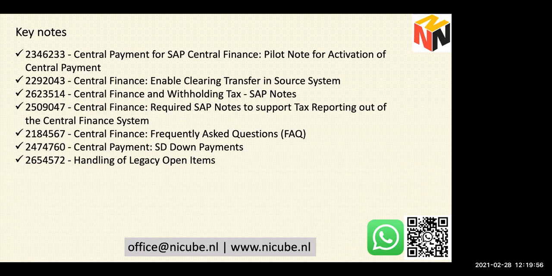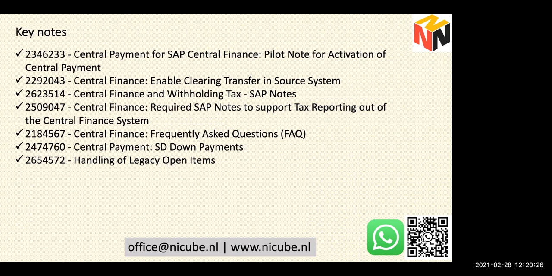Central payment for a company code, once activated, cannot be deactivated. I'll repeat again. Once activated for one company code, you cannot deactivate that. There is no look back that, okay, today I activate my central payment for company code US01 and tomorrow I see it's not working, let me change and I will make payment from ECC. It is impossible. So that's why SAP is saying be careful when you implement central payment, because there is no look back. Once you activate means activate.